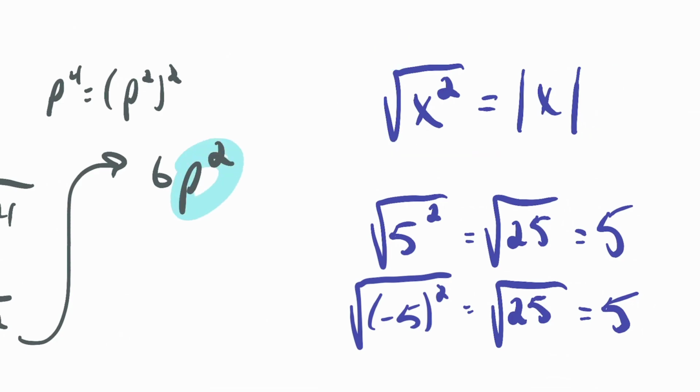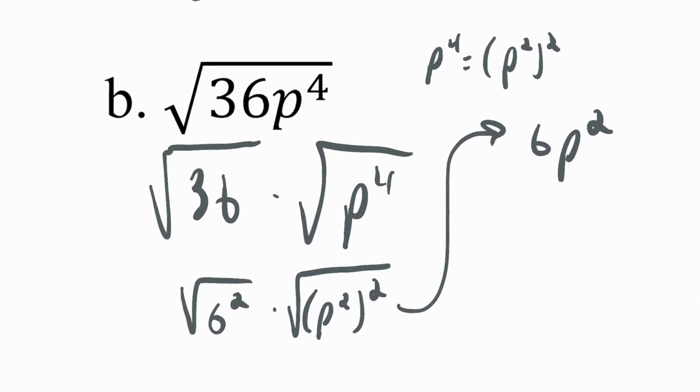This one we didn't, because p squared is always positive anyway. So I could write absolute value. That's fine. It's redundant, because when you square a number, the result is always positive. I don't need to say it for that one. Anyway, from time to time, I'll give an aside, some extra information. But moving along from that one,